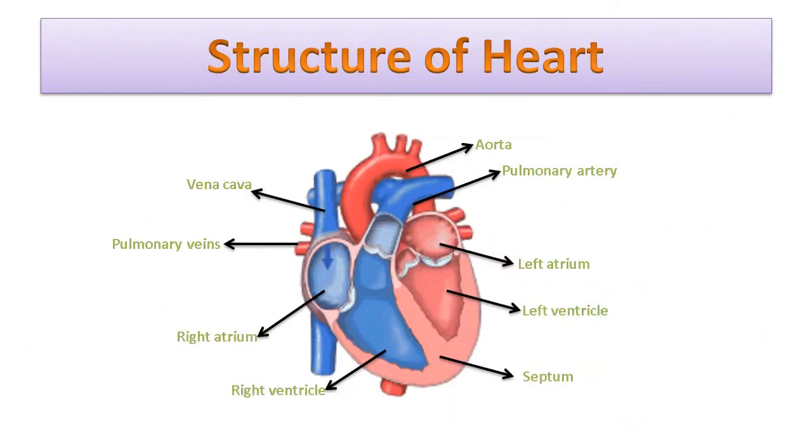Moving to the next slide, which will give you a clear idea about the vital parts of our heart. Here, both right and left side of the heart are divided by the septum. At the right, it is showing the two chambers, right auricle and right ventricle. Similarly, on the left side, left auricle and left ventricle.